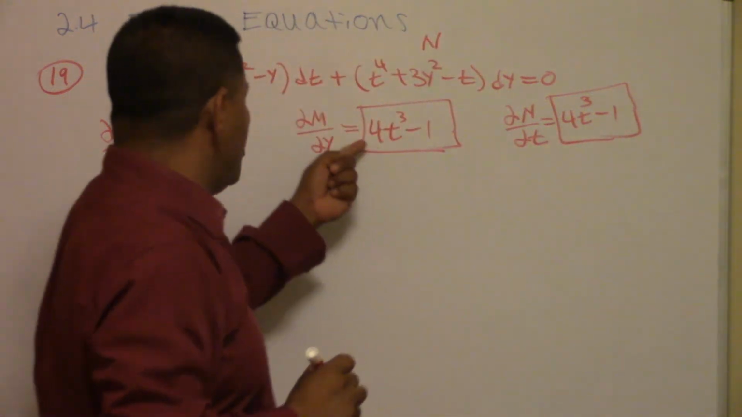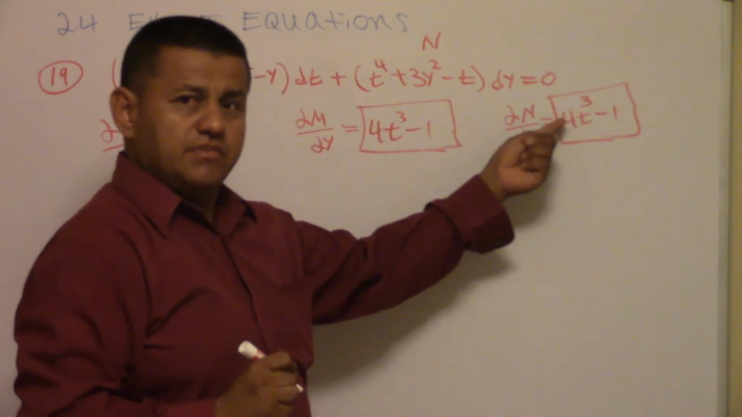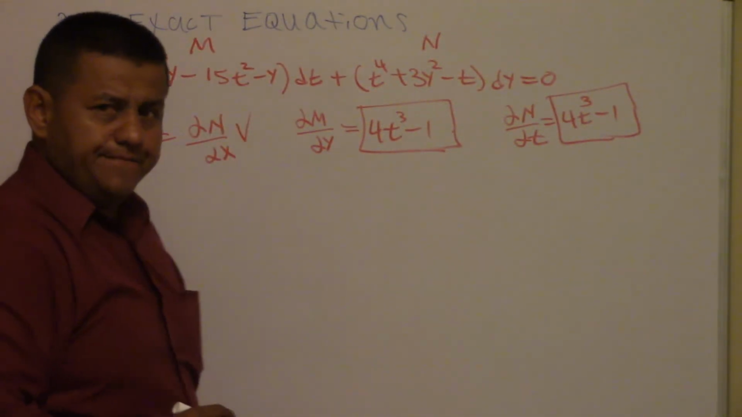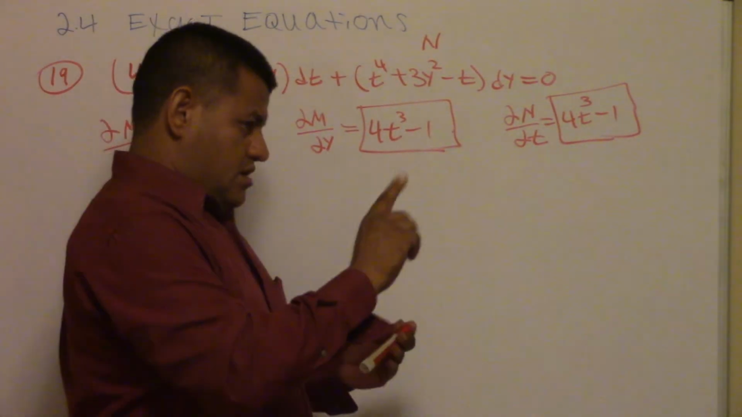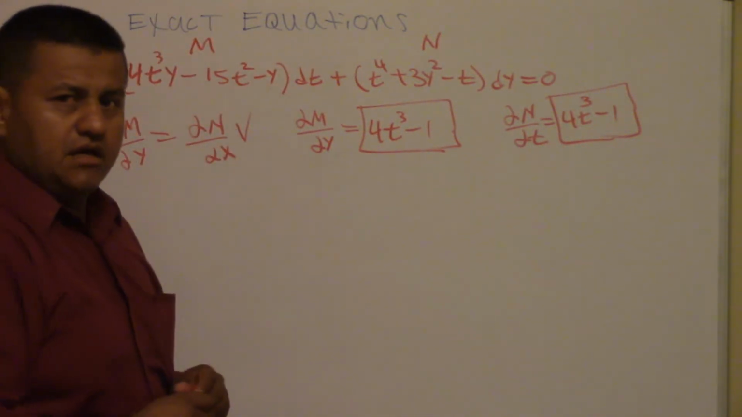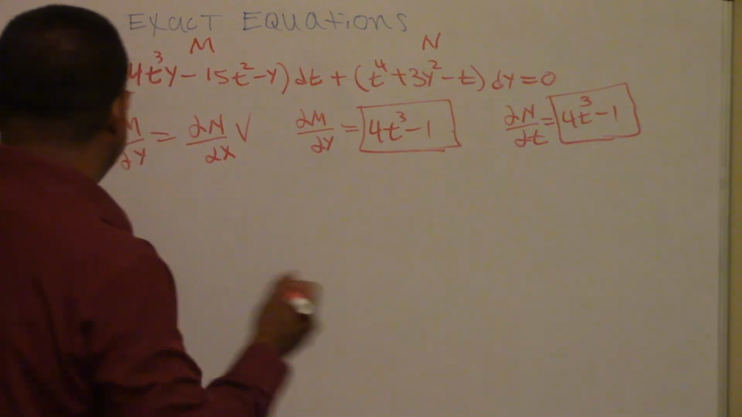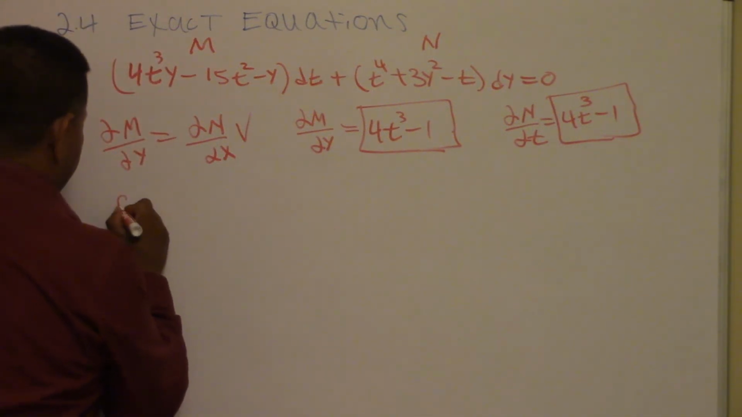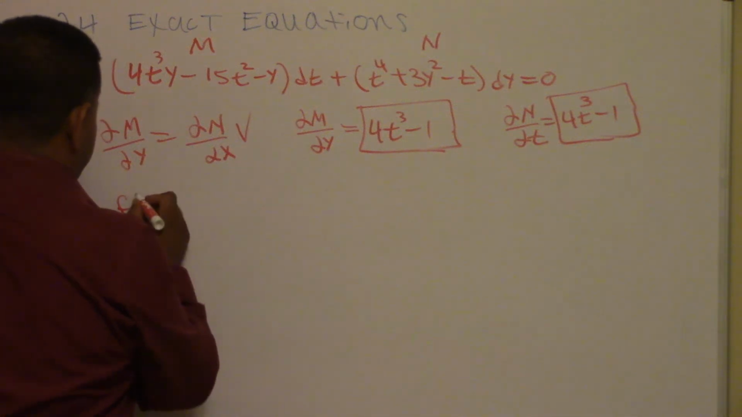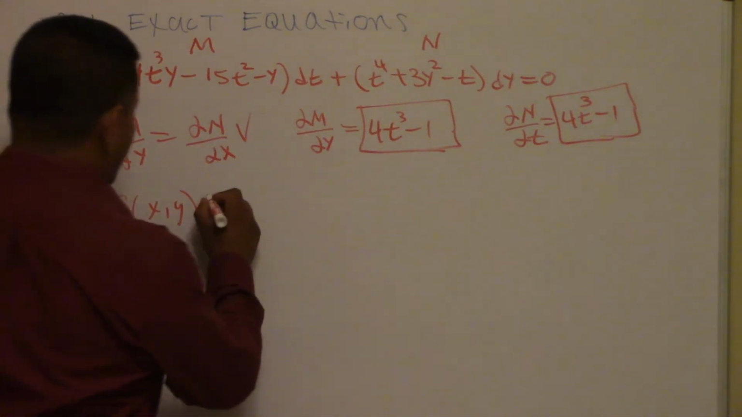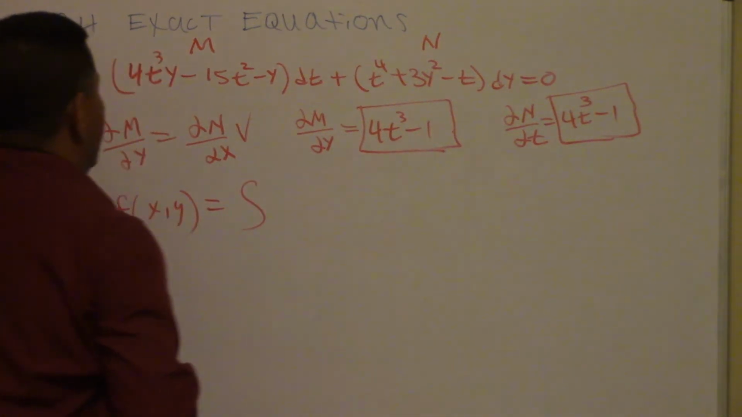Now you can see that both partial derivatives are the same. So that means that this is true. Now I'm going to integrate m. If I integrate m, I'm going to find f. So I'm going to integrate m, which is equal to the integral of